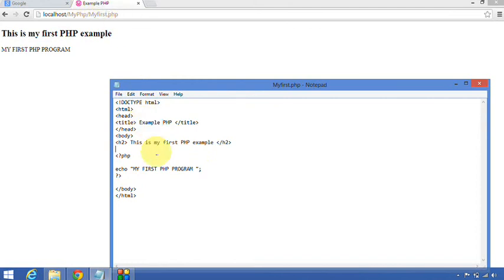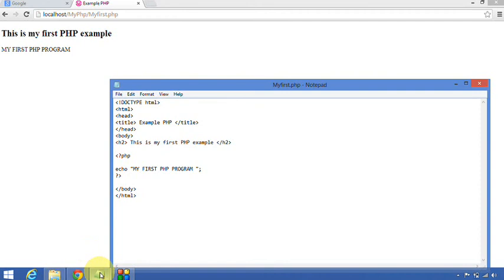Okay, now let's see the next concept, comments. How can we put comments in PHP? Generally comments are required. They are helpful when we go to the file again after a couple of days. We'll understand what the code is and what it's describing. Or sometimes we put a to-do, if you want to do some work later, which indicates something is pending. Those kinds of things can be done using comments.